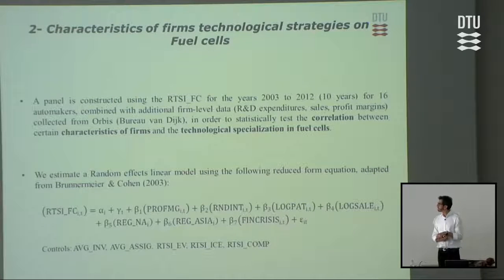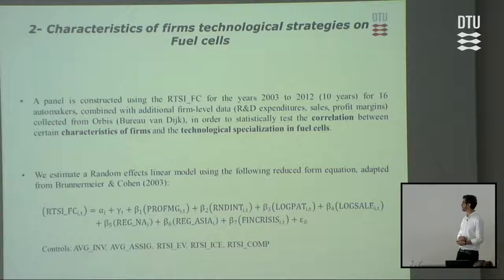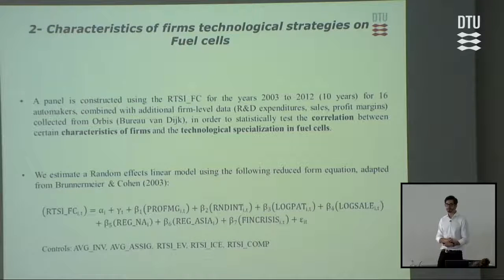So we construct a panel data analysis using some of the years, especially the last years, where this convergence really occurs, to test the correlation between some of these characteristics and the specialization of the firms. We estimate a random effects linear model, and we want to see if the decision of being specialized in the fuel cells patents is related with profit margins that represent the performance of the firms, the R&D intensity of the firms, which represents their innovative capacity,